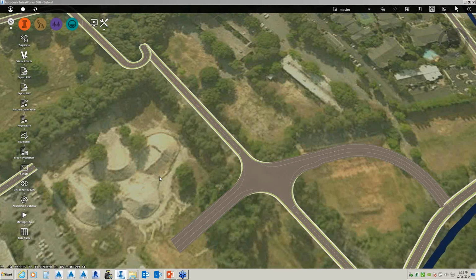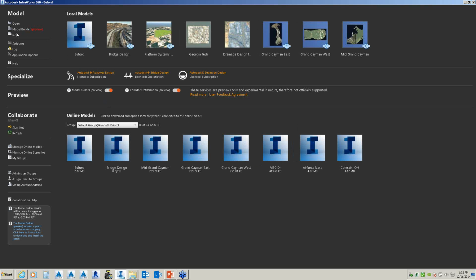Once you grab that data, whether it's shape files, Esri, or aerial data, it can be dragged and dropped into InfraWorks.